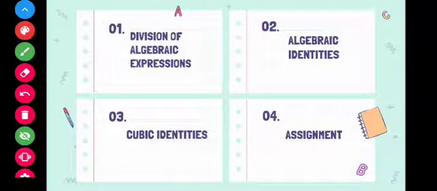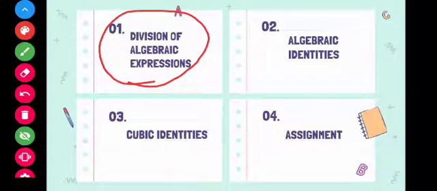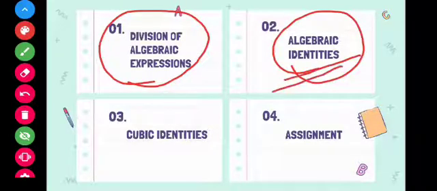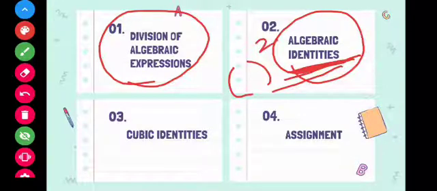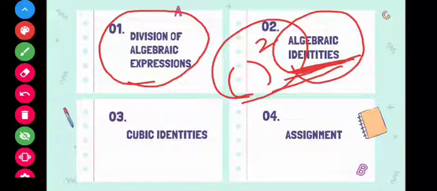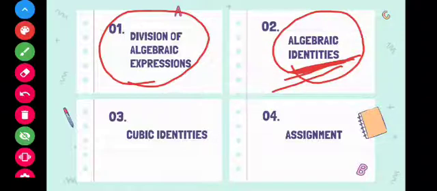Okay, so the topics we are going to cover today: we are going to see division of algebraic expressions. As I have said already, in the last class we learned multiplication of algebraic expressions, so today we'll be seeing division, the next part. In the same way, after finishing division, we'll go to algebraic identities. I'll explain what algebraic identities are and how we are going to use them in a problem. In this content we will be dealing with identities whose power is square, which means these are square identities.